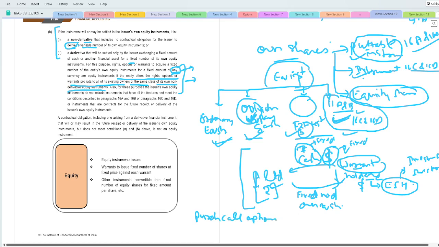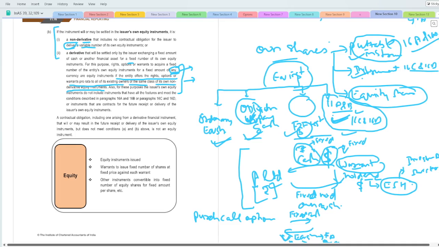ओके. सो कॉल ऑप्शन अगर आपने परचेज कर रखे हैं तो आप यहाँ पे कैश पे करोगे और इक्विटी शेयर्स रिसीव करोगे. ठीक है. सो अगर यहाँ पे आपका ये वेरिएबल है और ये आपका फिक्स्ड कैश है, और ये फ्यूचर में हो रहा है दोनों लेग, तो ये वेरिएबल है तो ये फाइनेंशियल एसेट बन गया. और अगर आपका फिक्स्ड इक्विटी शेयर्स है यहाँ पे, तो ये ऑन इक्विटी शेयर्स मतलब इक्विटी इंस्ट्रूमेंट बन जाएगा.